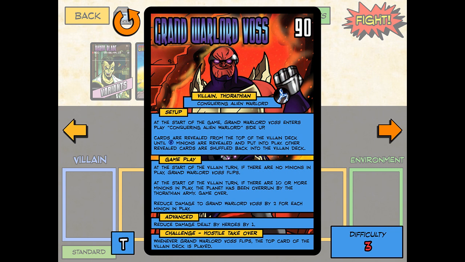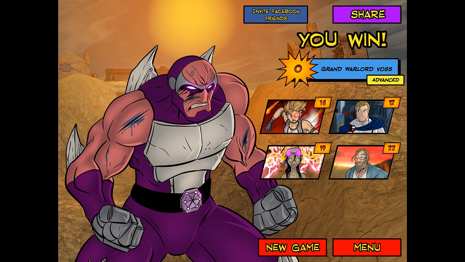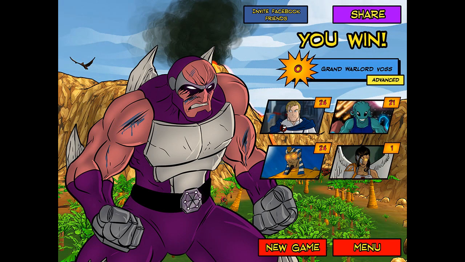Some of these minions deal damage to everyone, and he starts with a large number of them in play. It's definitely a grind, because many of the minions are immune to a particular type of damage. It's hard to damage Voss while minions are in play, but he brings in other targets that have brutal effects if left unchecked. He is beatable if you prepare accordingly, and figuring out what team to bring is half the